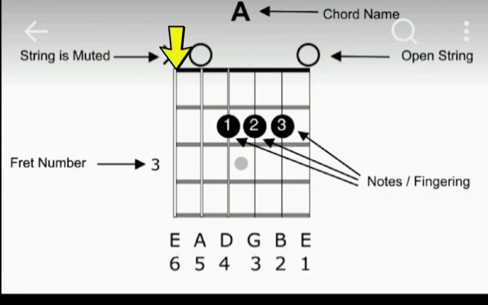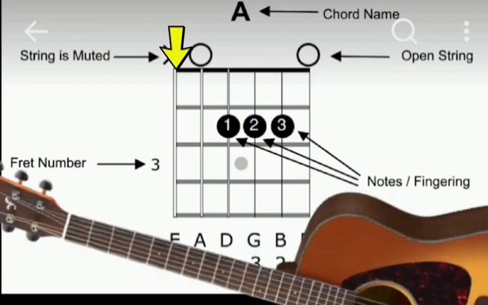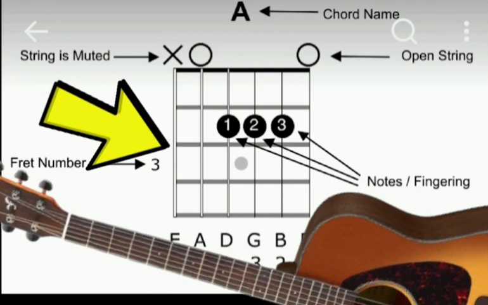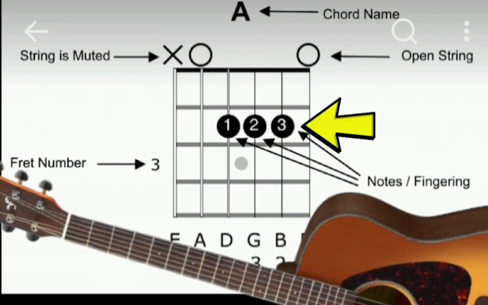So the guitar could have as many as 18 frets, 20 frets, so on and so forth. So for the sake of this demonstration, we have just 1, 2, 3, 4 frets, where number 3 here is demonstrating the 3rd fret.